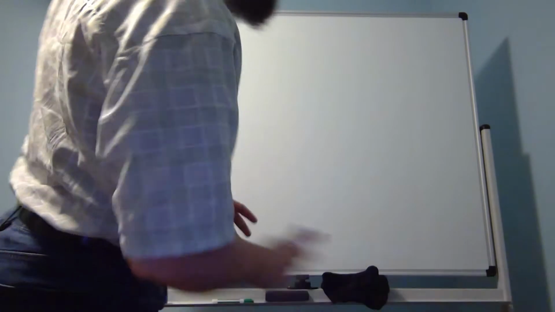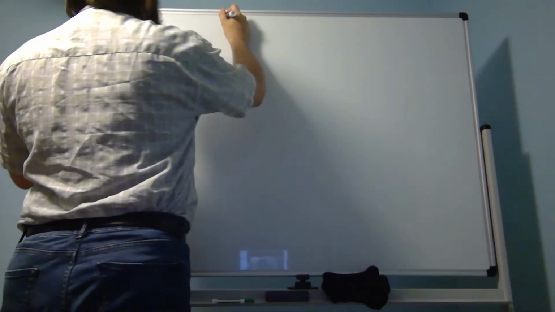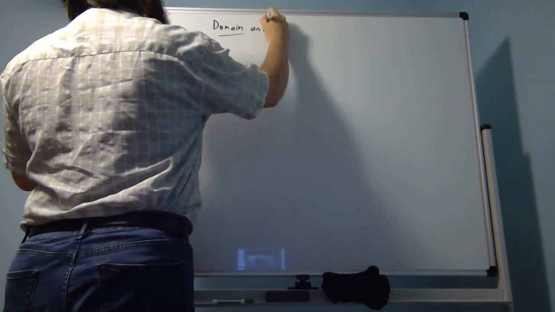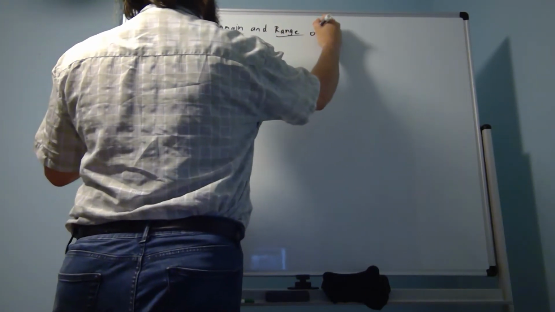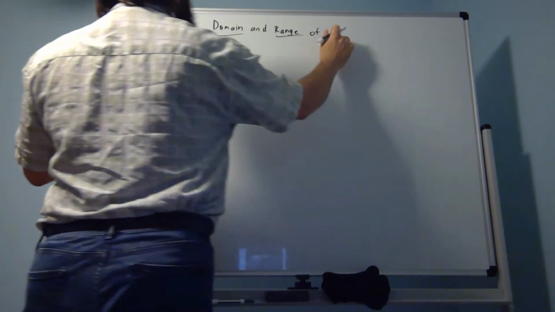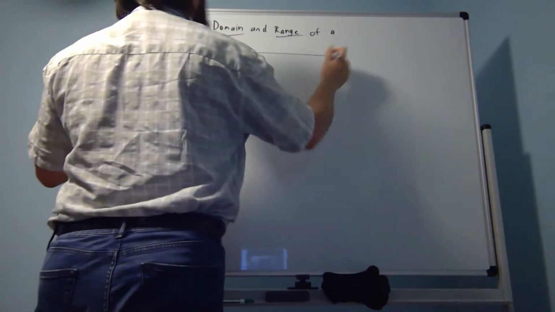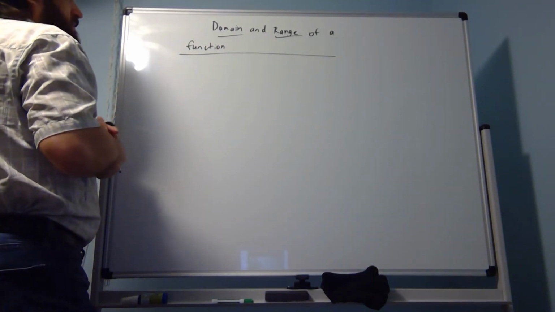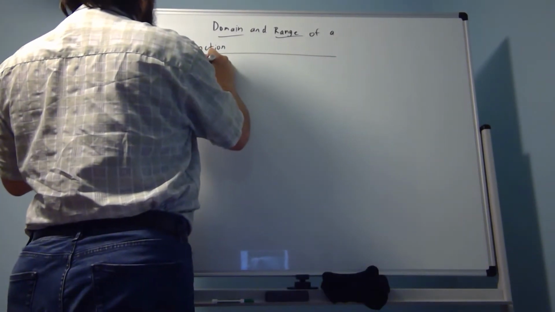Okay, so let's talk about domain and range. We're still talking about functions. So the picture just goes like this. So it's just